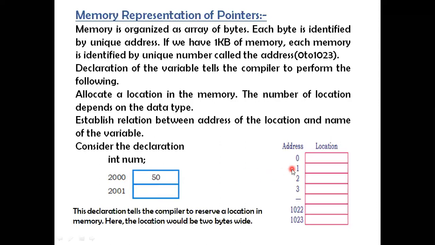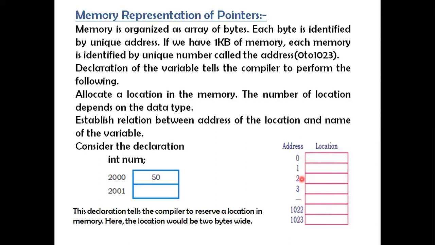Now here comes another representation: address 0, 1, 2, 3 and so on up to 1023, and the value given by the user will be stored in this particular location. Now it is empty. Nothing is given by the user; that is why it is empty. We are showing you 1 KB of memory, which means 1 kilobyte is equal to 1024